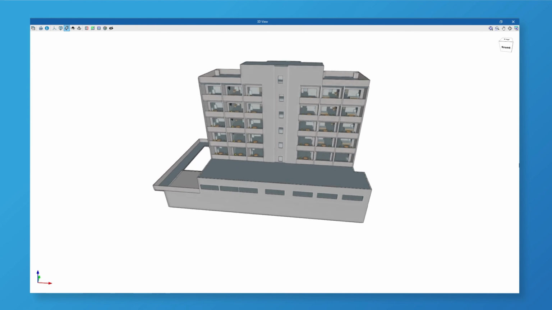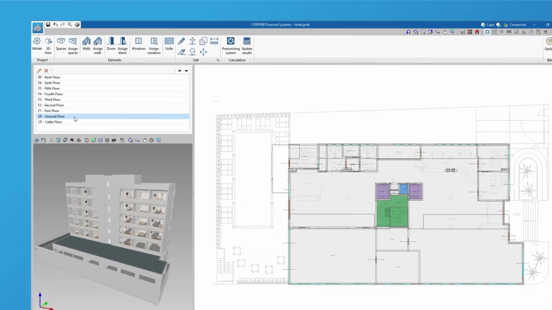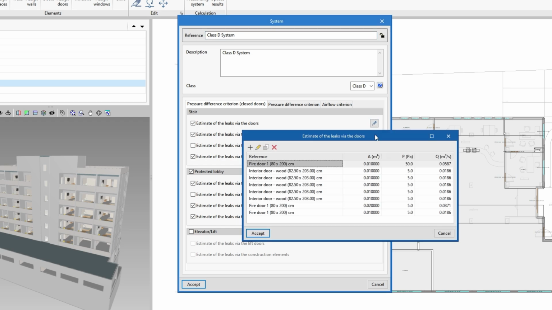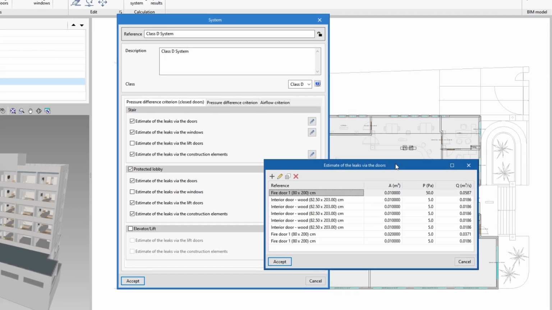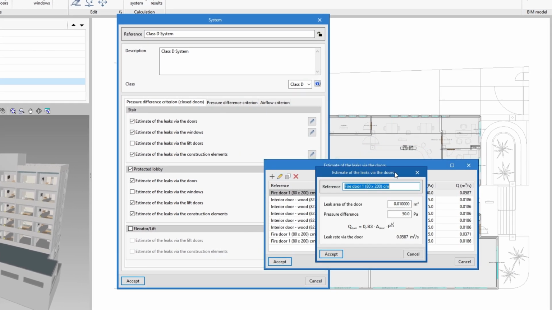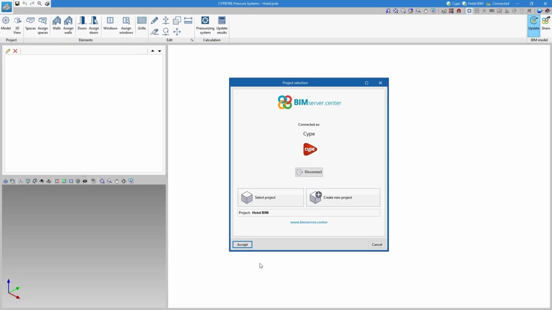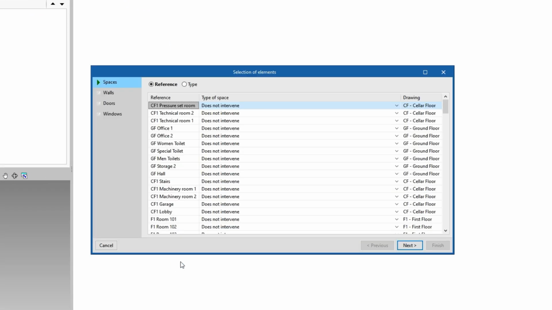Site Fire Pressure Systems is a program created for the design of pressure differential systems that retain smoke from fires in non-airtight spaces, in accordance with the European standard EN 12101 Part 6. To get started, we can link the job to a project stored on the BIM Service Center platform, which provides us with a collaborative workflow via OpenBIM technology.